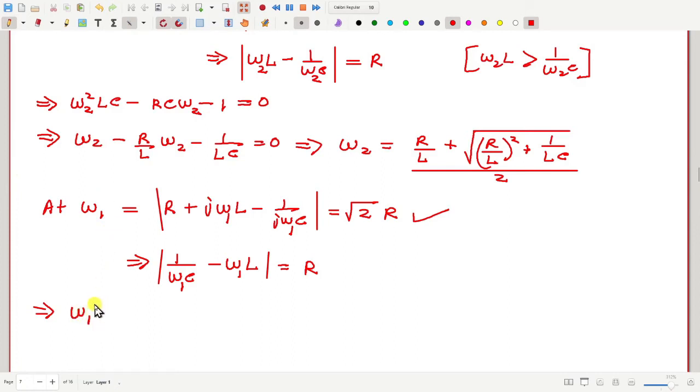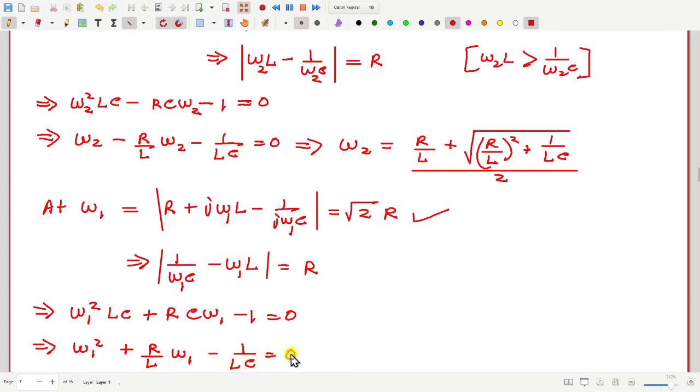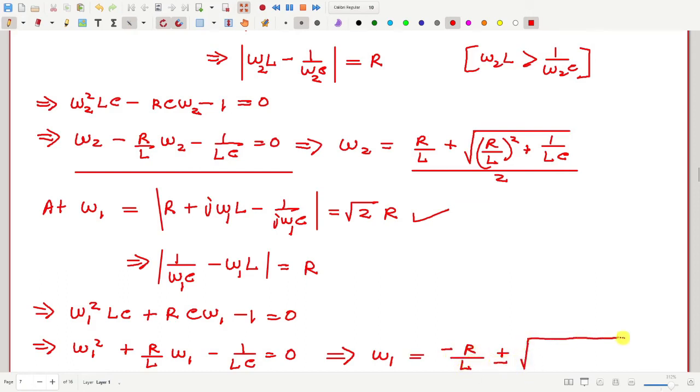So we can write a similar equation again. If we simplify this, we will get omega 1 square LC plus R C omega 1 minus 1 equal to 0. That means omega 1 square plus R by L omega 1 minus 1 by LC is equal to 0. This equation is the same as the previous one, except there we had minus R, and now we have plus R. So what will be the solution? Omega 1 will be minus R by L plus minus root over R by L whole square